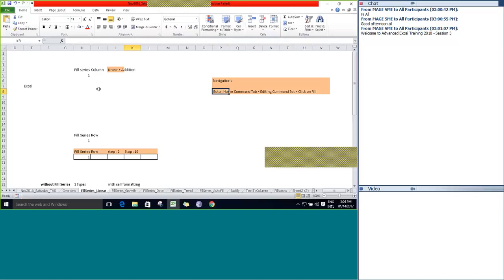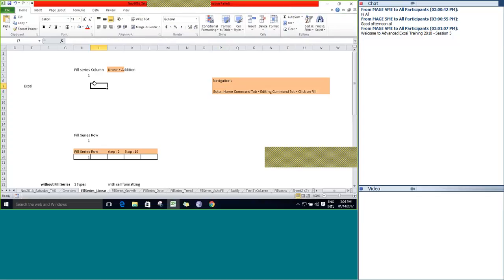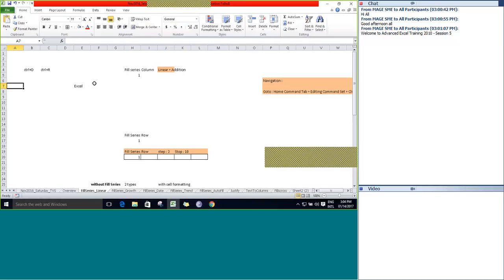So I am just telling you the navigation to the corresponding concept. Under Home, under the Editing command set, you can see something called Fill.